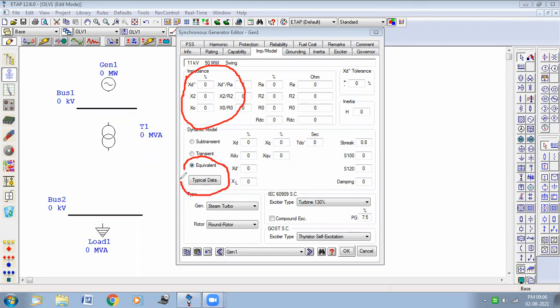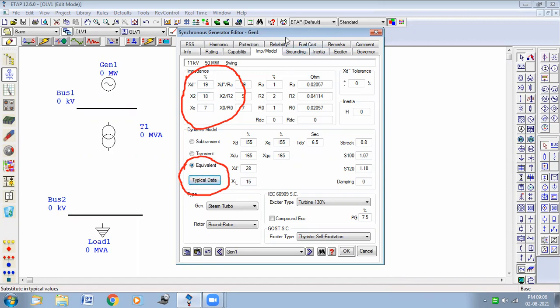Select the equivalent model, dynamic model, and just click on the typical data tab, and this will give you the default values of impedances. It is automatically calculated by this software.